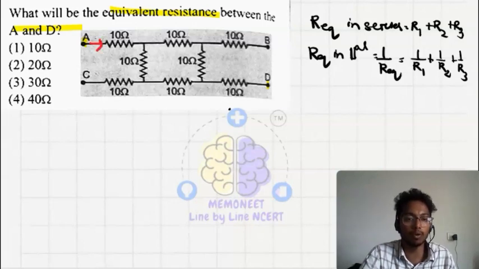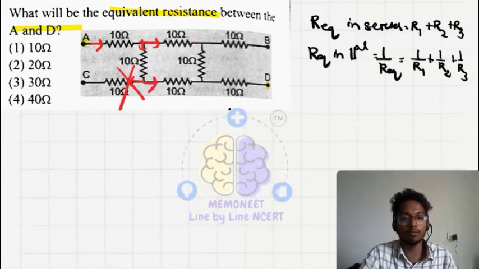So let's see the flow of current here. If the current will flow like this, then at this point current will divide, and here the current will not go because it acts as an open circuit. So current will not go here. So current will move in this side. And again, if the current will reach this point, it will tend to divide, but here the current will not go because this will act as an open circuit. So the current will move in this direction.